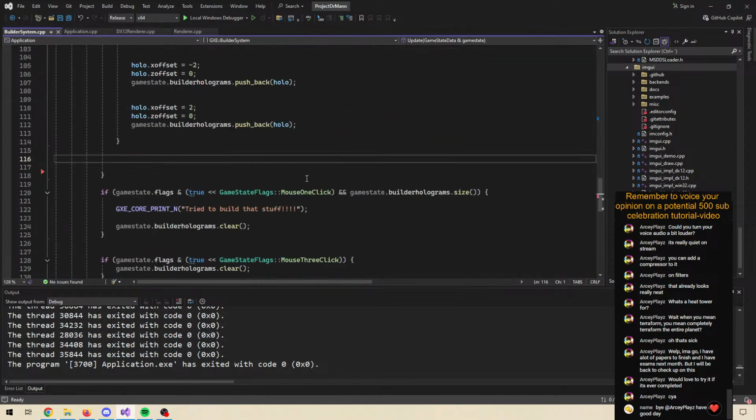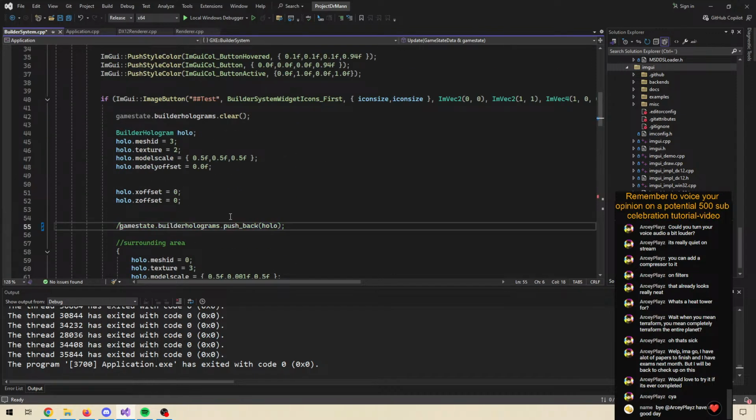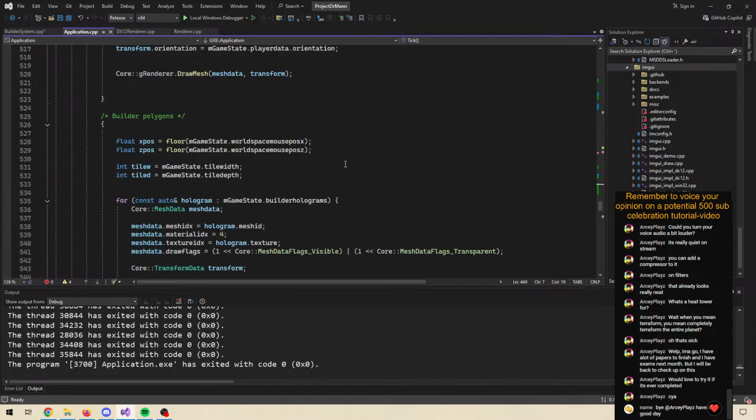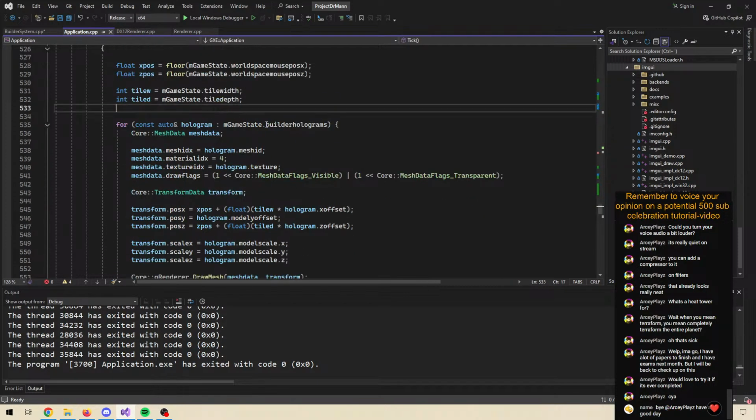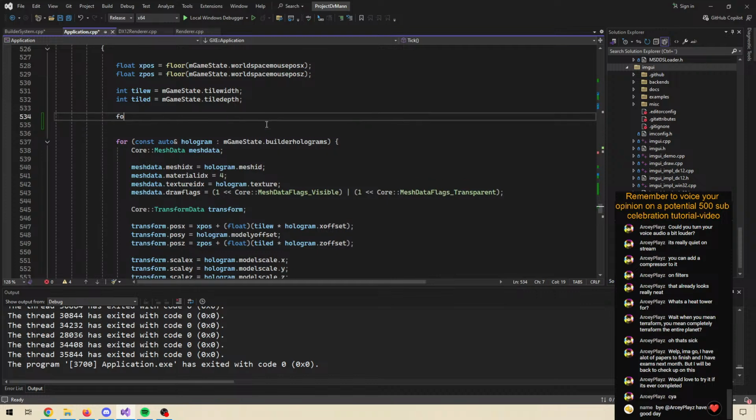Whenever we submit from our builder system, maybe we want the first one to be something that we parse differently. Right now it's a heat tower. The texture is probably fine for now. So when we click our builder stuff here, we actually interpret each hologram. But right now we would know that our first hologram is actually our object itself. So if we do something like this,